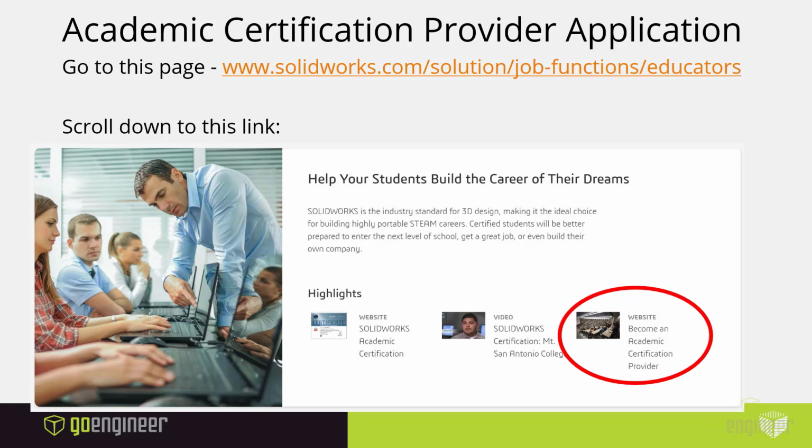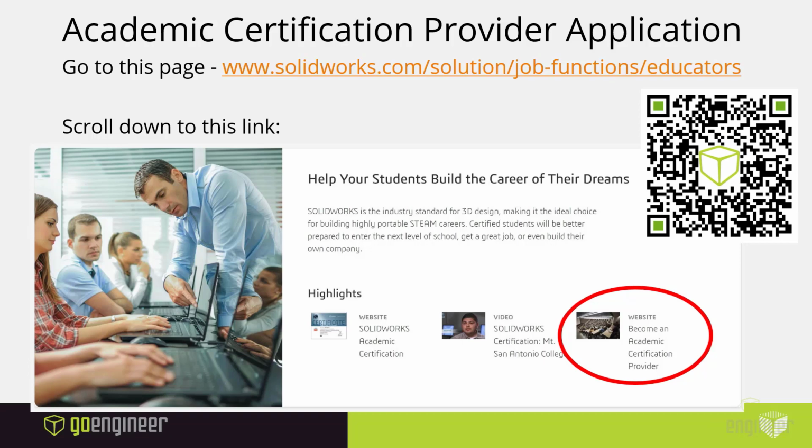But if any of you want to bring your phone out right now, take your phone out and turn the camera on. Now, I know this works with iPhones. I can't certify that it works with an Android device. But if you have an iPhone, go ahead and pull up your camera and point it at the QR code that you see on the screen right now. This is going to pop open a new tab on your browser. If it's an iPhone, it's going to be Safari, and it'll bring you exactly to the page in which this application process begins. So this will be a nice takeaway for you that you can explore a little bit later. If not, you can simply type in or click this link if we send it to you, and then scroll down the page a little bit. You'll see the Becoming an Academic Certification Provider link at the bottom.